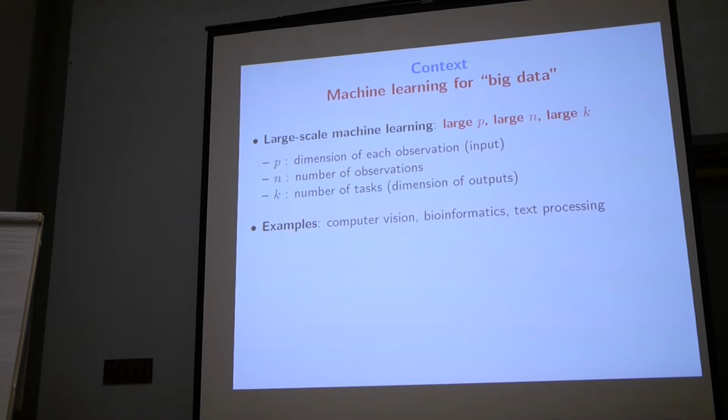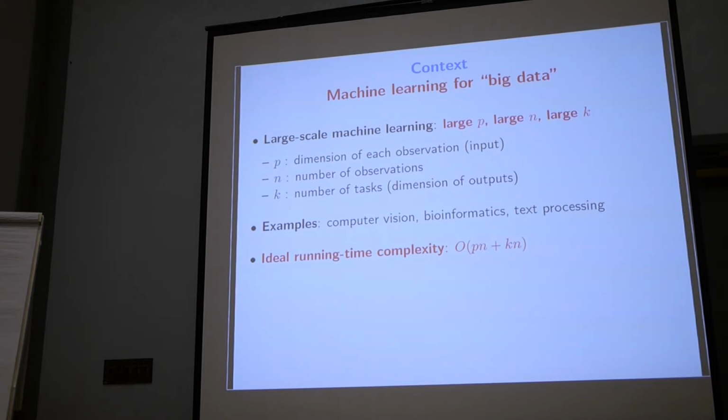And K, which I won't talk about today, but I think it's an important problem, is the number of tasks you might want to solve on your data. For example, in computer vision, this might be the number of objects in the image; you may have one task per object. The goal of this talk is to have algorithms which run in time linear in the size of the data. If you make no assumptions, that is O of Pn plus Kn,